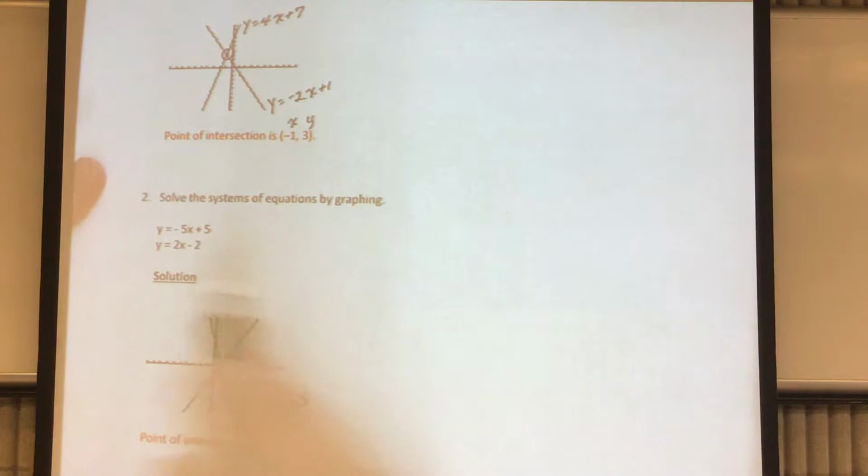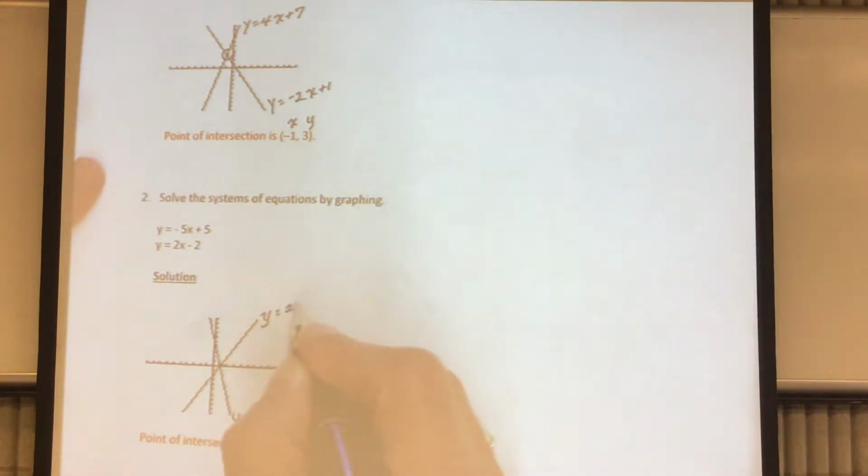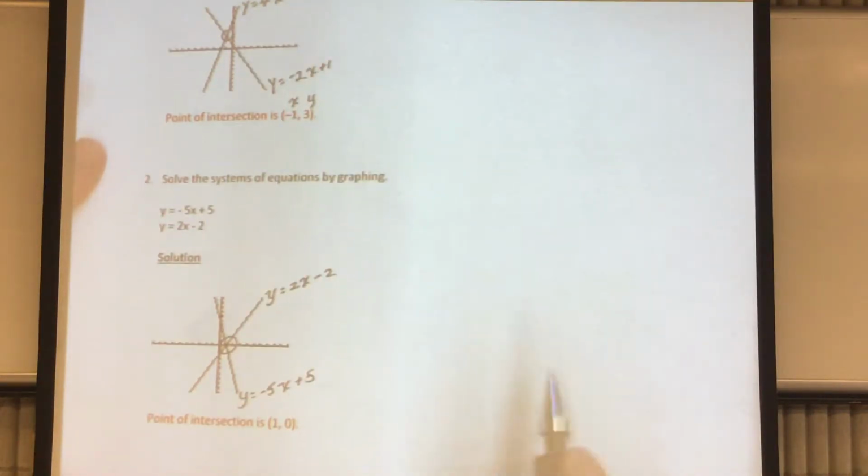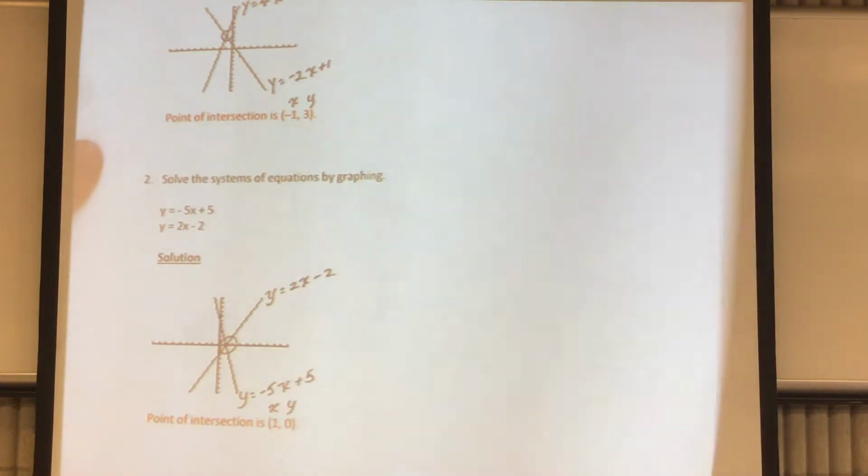And the second equation, you start at negative 2, and then you rise 2 and run 1. So start at negative 2, and then you go up 2 and to the right 1, and this is the equation y equals 2x minus 2. And the solution is the point of intersection, which is 1, 0. So your point of intersection is x equals 1 and y equals 0. Let's move on to problem number